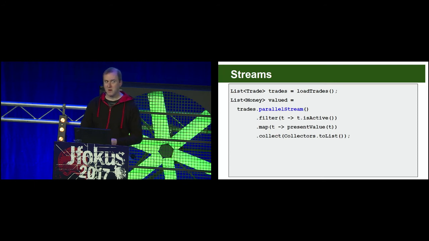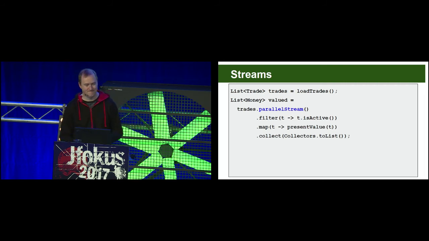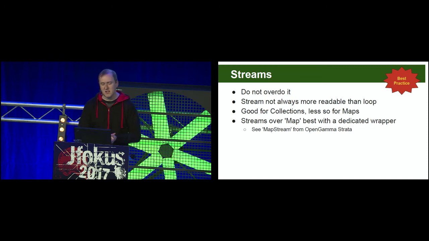And of course, we can magically make it go faster by putting parallel stream in there, can't we? Well, life is never that easy. So don't overdo it. When we started working with streams, various people on the team made a concerted effort to make sure that every for loop was replaced by streams, which is, of course, a dumb approach to take. Streams do not address all the use cases. Sometimes a for loop is a lot easier to use, a lot easier to read,